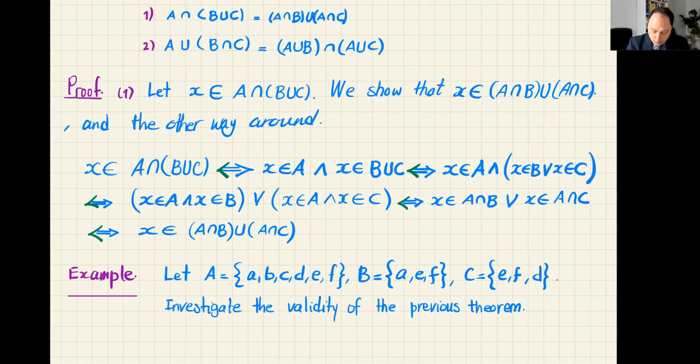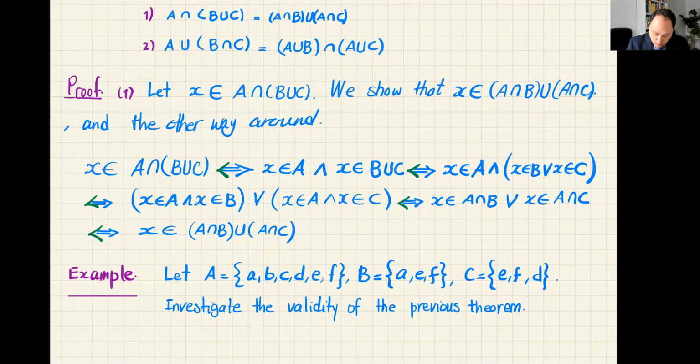So if this question is given, there are questions of this type in the book. They are very easy. So the sets are given to you. What you need to do, you need to take these sets and determine the left-hand side. You take these sets and determine the right-hand side, and at the end you compare them. They have to be equal, yes? So the way that you need to write it, I would say that